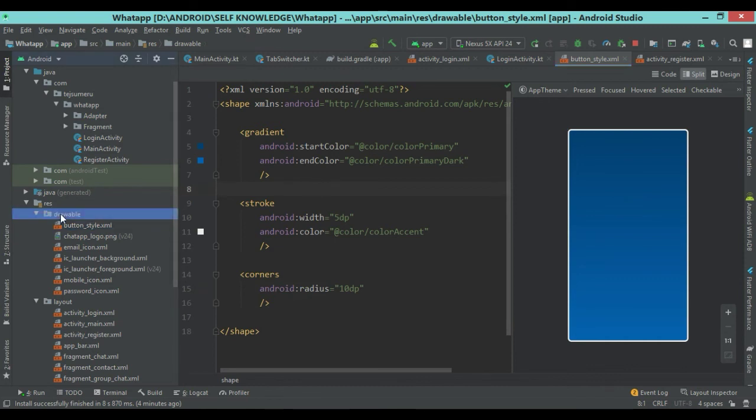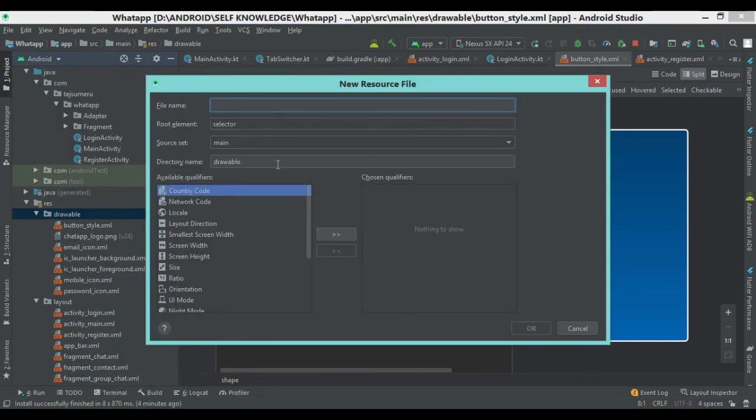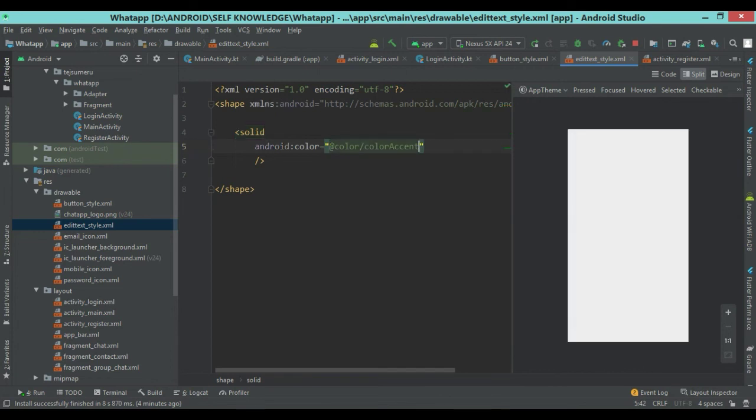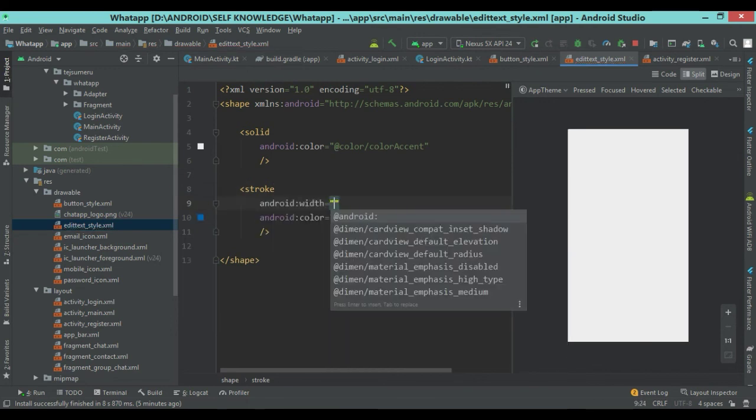Again we are creating another resource file which is for edit text. So here give the name as edit text style, click on OK. Again change it to shape, and here I am giving the solid color as colorAccent, which is light gray, and stroke I am giving that is of color colorPrimaryDark, and width is 2 dp or 5 dp.